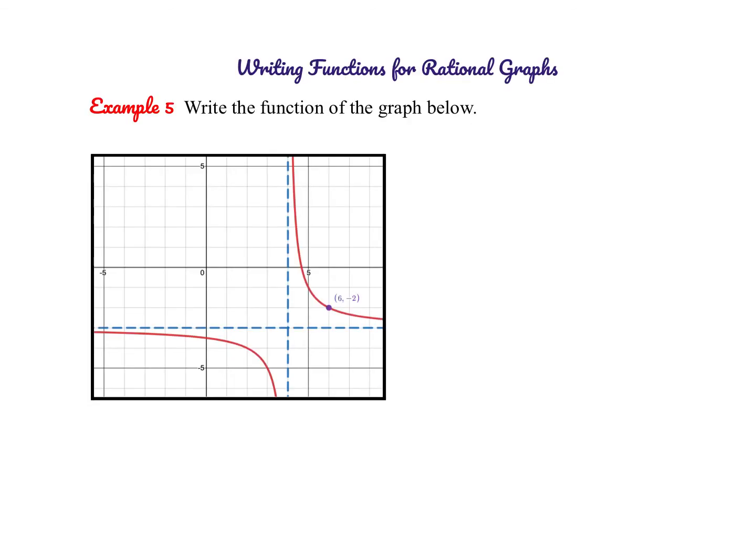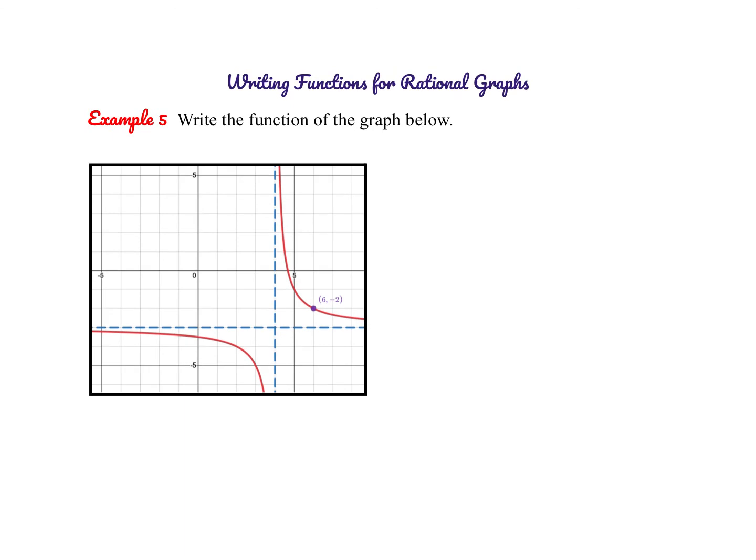All right, so the last thing we're going to do is see if we can look at a picture of a graph and create the function. So we're going to create the function in transformational form. The first thing that we can do is look at the asymptotes, because we know that the asymptotes tell us how much we've shifted left, right, up, or down. So we have a shift to the right 4, because our vertical asymptote is at x equals 4. And then we can also see that we have a shift down 3, because our horizontal asymptote is at y equals negative 3. So we can start our equation by saying